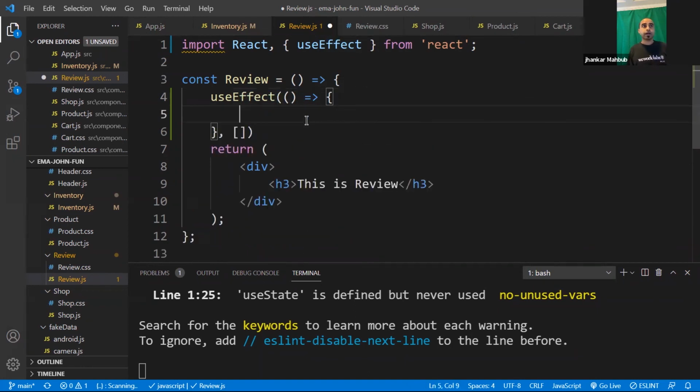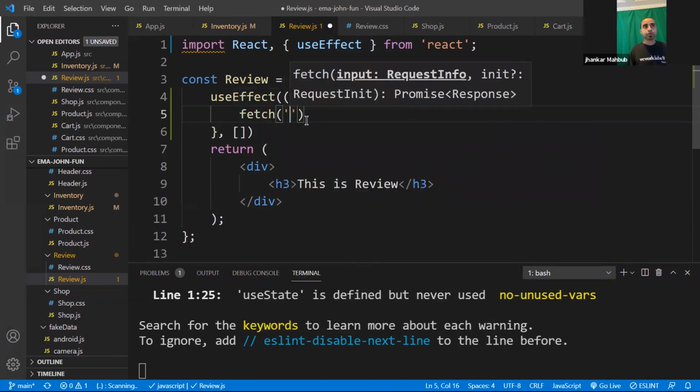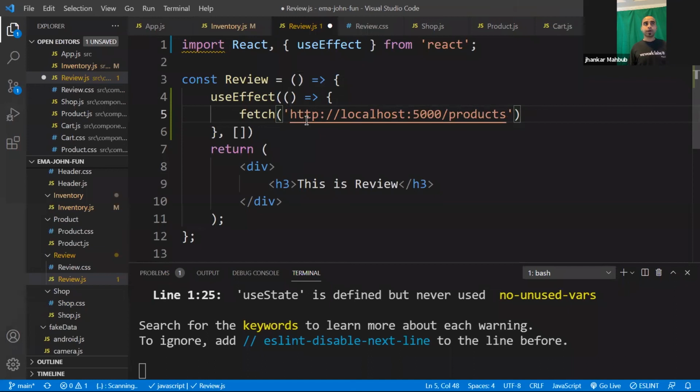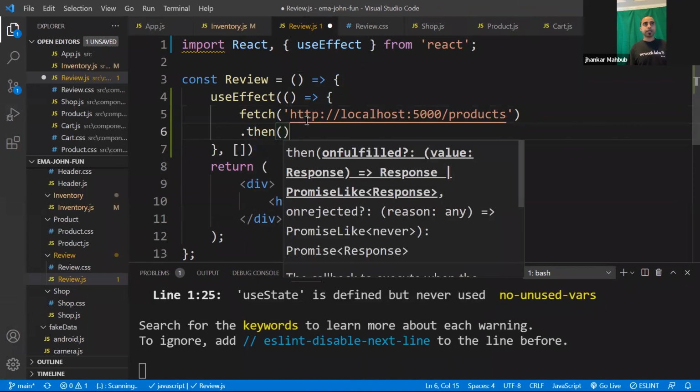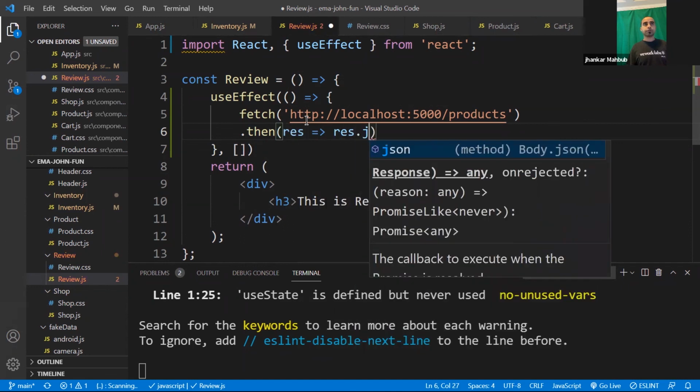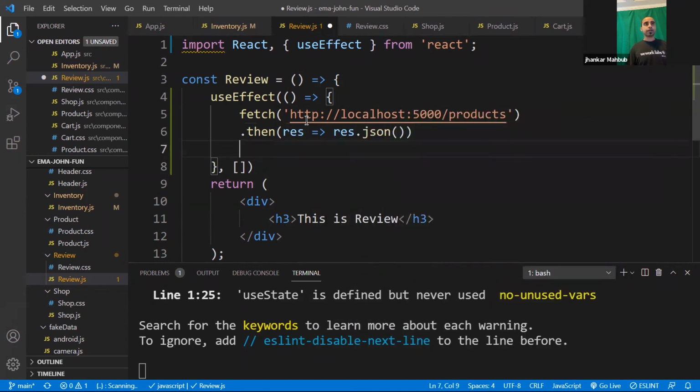Inside here, you need to use the fetch. And fetch, this would be the get information. So we don't need to do all this information like the method. If you want, you can do method, you can do headers type and all this information, but you don't need to for the get information. All you just need to do is pass the URL where it needs to be, and then it would be getting the response,